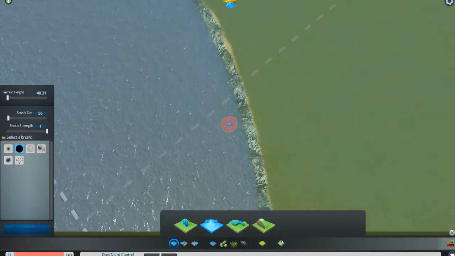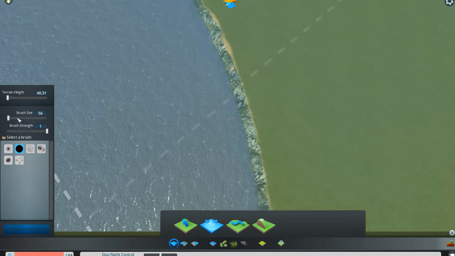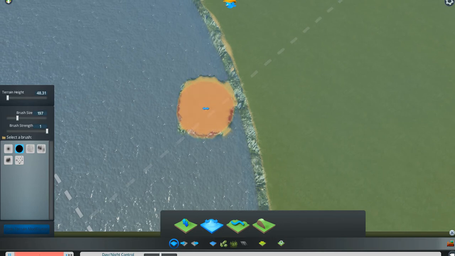So now that I have the height that I want the shoreline to be above the water, I back away and I get my brush size to be about what I want it to be going around the shoreline. That looks about right. Actually, I could probably make it just a smidgen bigger. There we go. Okay, and there's a reason why I'm doing it this way. So then you just start creating